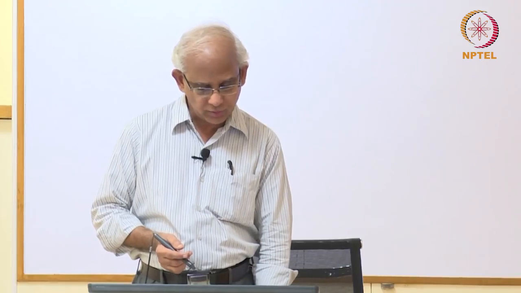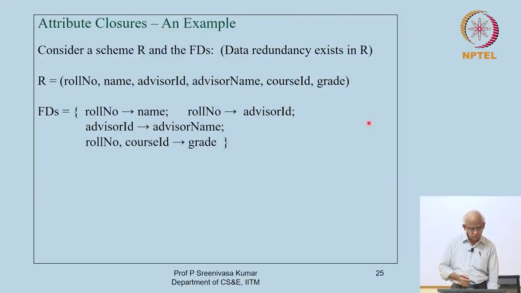So, towards the end of last class we were also looking at how to compute the attribute closure. I just looked at some examples, but we were in a little hurry to look at the examples, so I will now let you see the examples once more. So, given some set of attributes R, the scheme, and the functional dependencies like this,